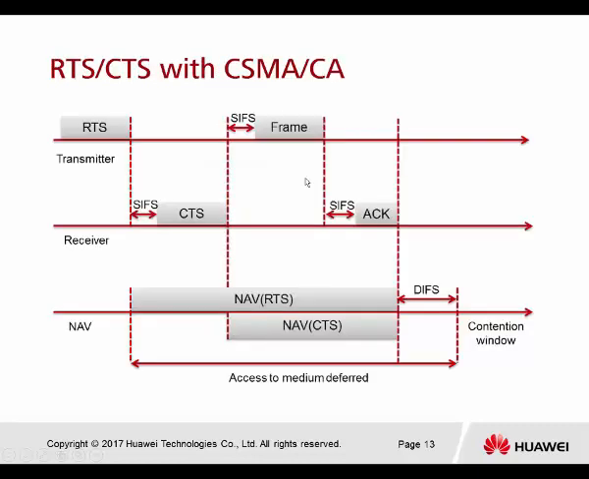So let's look at this: RTS/CTS with CSMA/CA. Our SDA is going to send the RTS. Our PC sends the RTS to the AP. After the AP compares all the PCs' RTS, you notice my PC has the highest priority. So